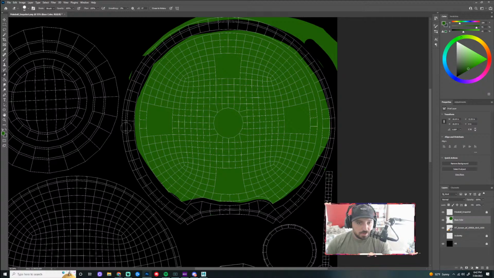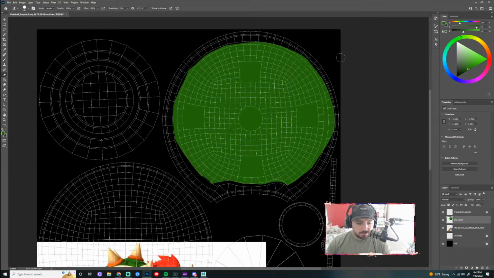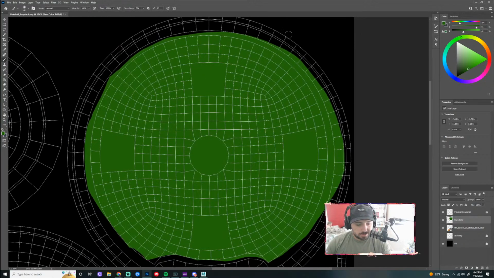So let's get this painted up. And actually, the stuff that's outside of these UV islands, like if I paint something out here, that doesn't really matter. It's not going to get applied to the object. The only thing that gets applied to the object is anything that's living inside of the UV islands, right?